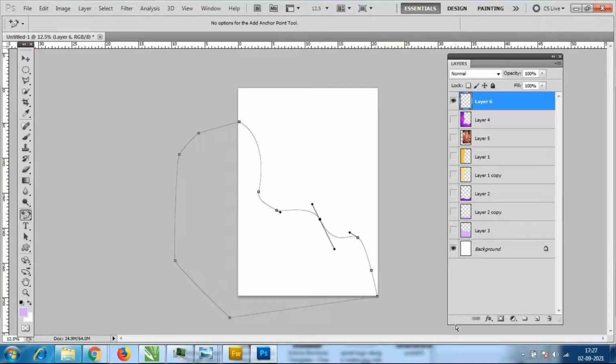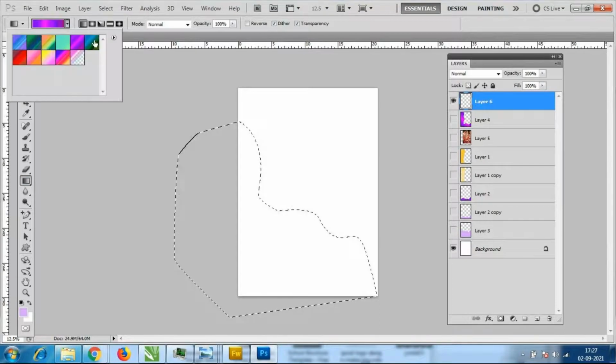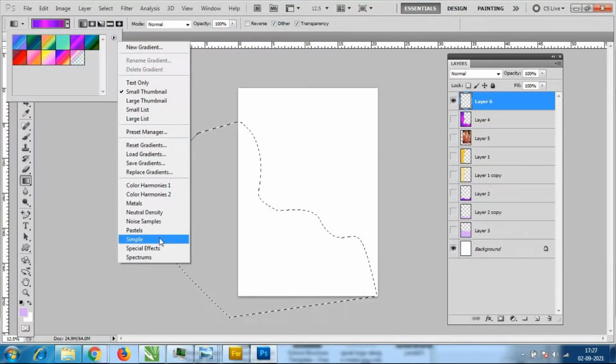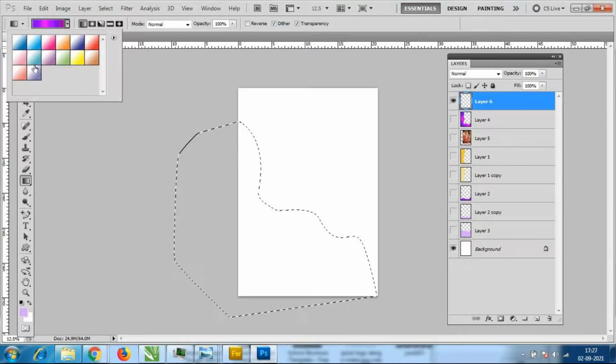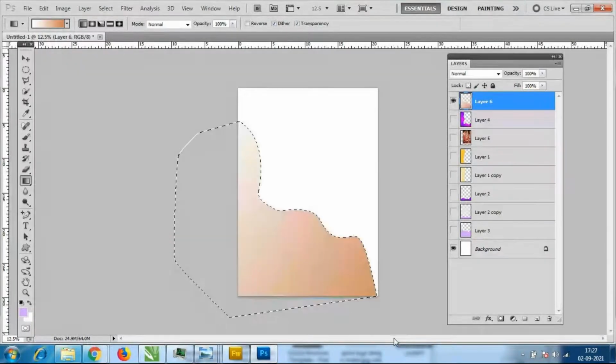Okay. Now Control Enter. I will add the color for this. I have already taken a new layer. Again, yeah, color. I will take the color. Any of the colors you want, you can add. See how much ever bright you want, how much ever dark you want.